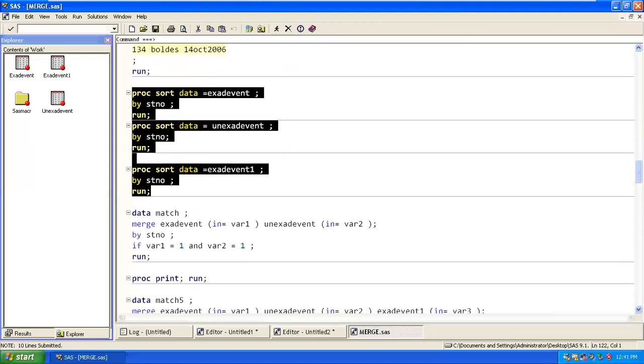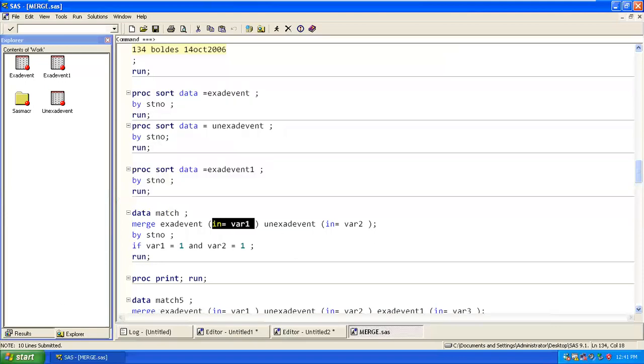Now there is a concept that appeared over here, which is nothing but the IN concept, correct? Earlier in merge we were not creating this one, correct? Now in the first data set, XEVENT, we are going to create this automatic backend variable.